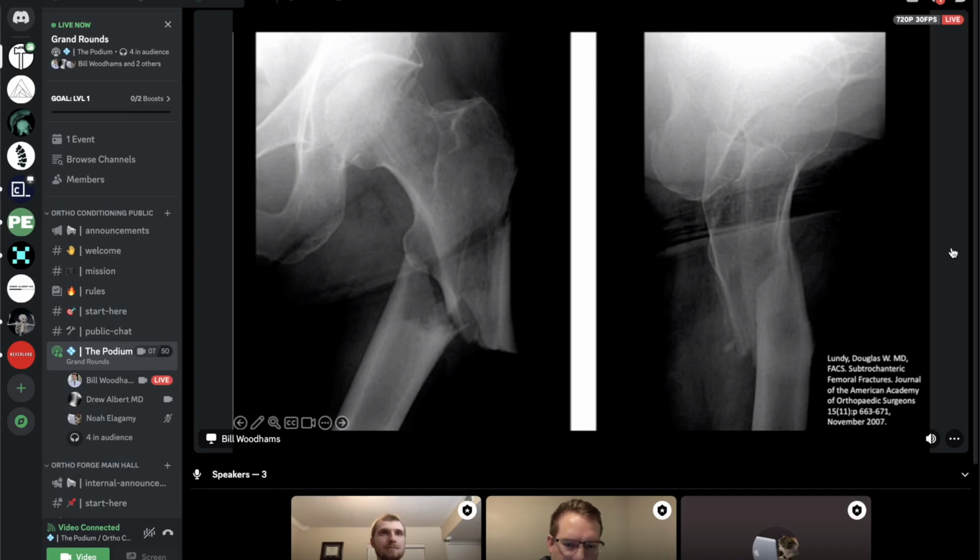But as we talked about before, the deforming forces here are the adductors pulling the femoral shaft medial, and then it's kind of hard to see on this lateral, but it's wanting to flex that piece up and externally rotate it. And how do you tell it's externally rotated? You can actually see more of your lesser trochanter in this case, and also the hip looks more valgus. That's a little bit difficult to explain without drawing it out, but